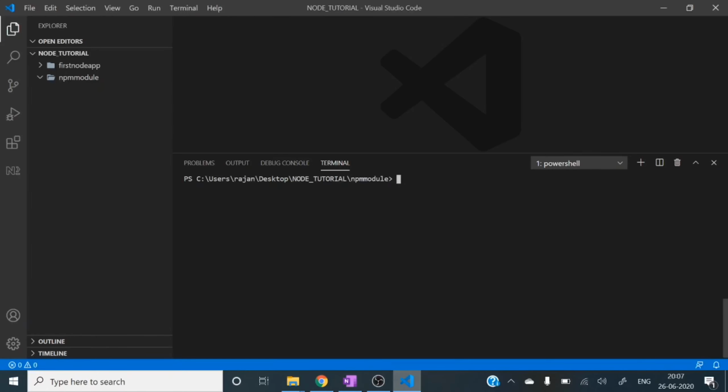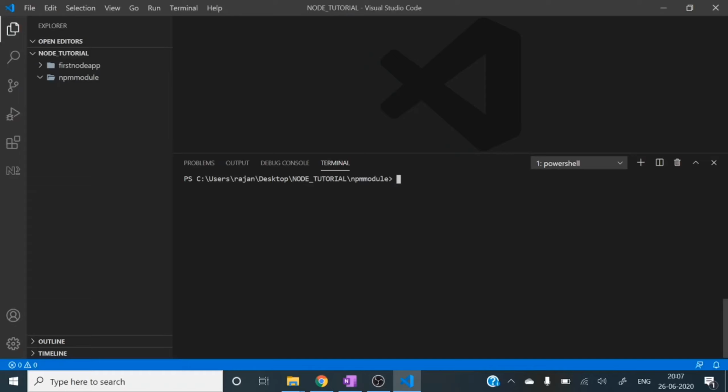Let's move. Yeah, one more thing. Before installing any third-party packages, the first thing is you need to initialize your project with npm init, that is, with node package manager, right?